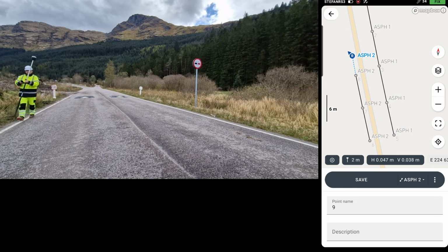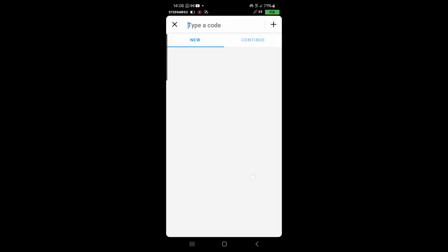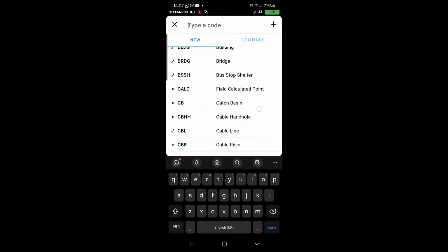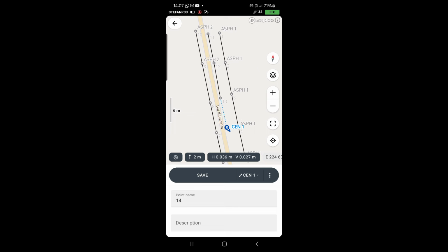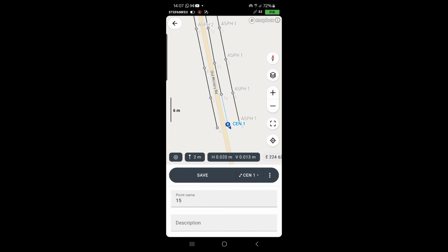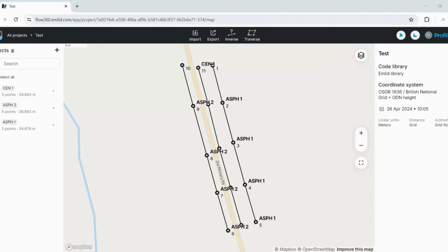Now I finished surveying both sides of the road and I will survey the center line. Press on the code and select the center line code. Once the survey was done, I went to my computer, entered Emlid Flow 360 from my browser, select my project